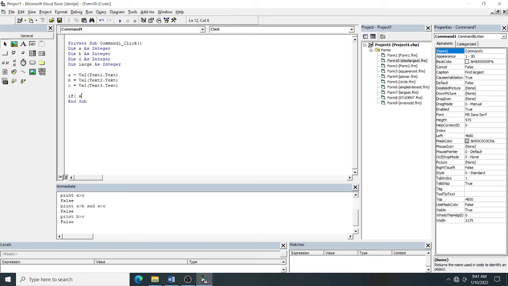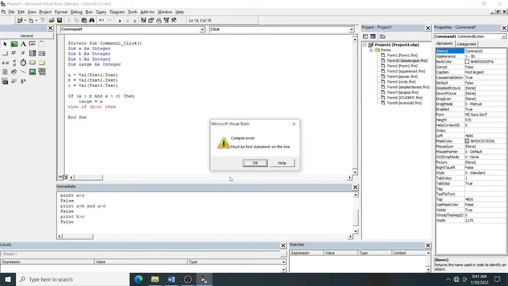If, what is the condition told? If A is greater than B and A is also greater than C, then Large equal to A, suppose this condition is true. If this condition is false, control will go to which part? Else part. In the else part another condition is there, whether B is greater than C or not. If B is greater than C, then what do you have to type?